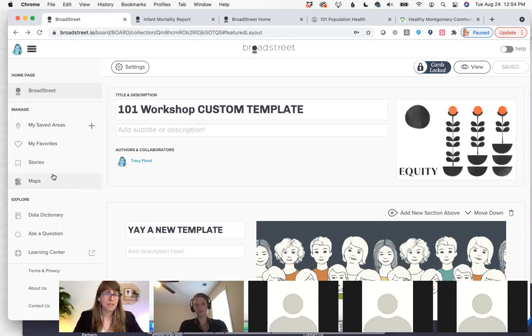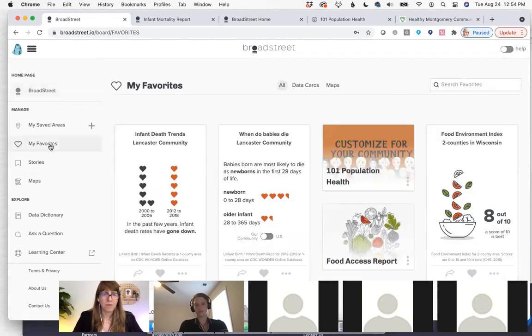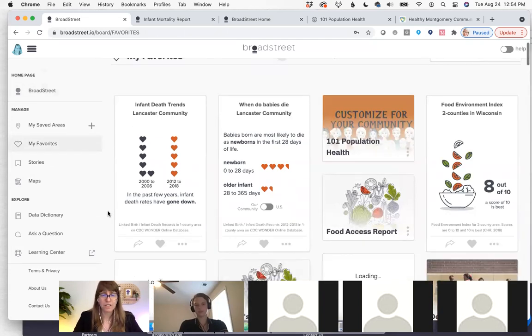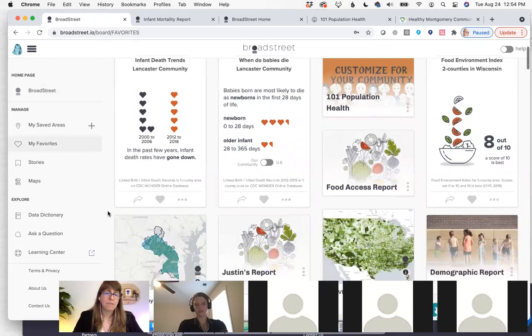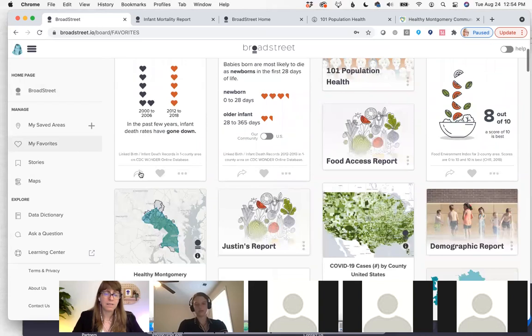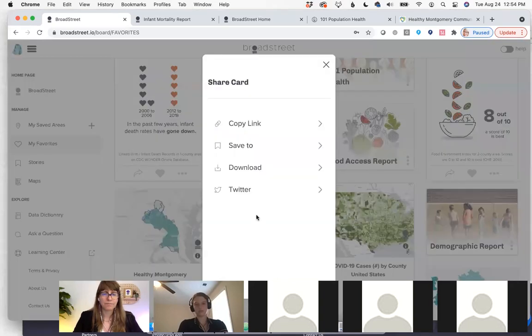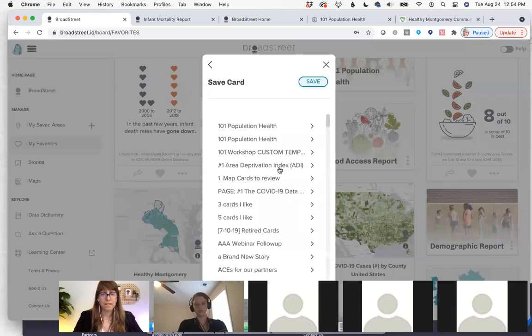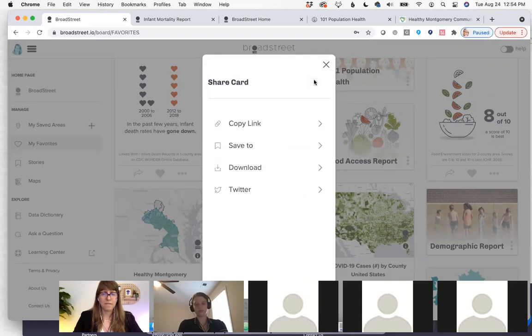All right, so now I'm going to go back to my favorites where I've run some stories and I found some cards that I really like. And right now I'm going to start adding these to my blank template. All right, I'm going to push save to. All right, here it is. Save it. I'm going to save,